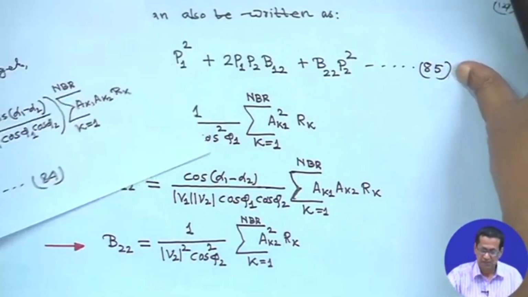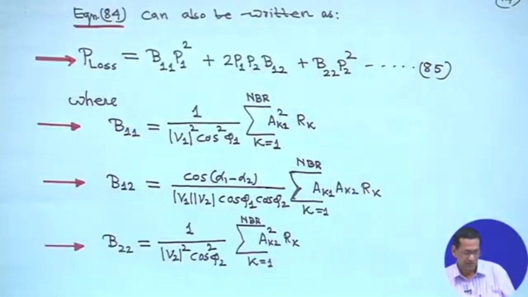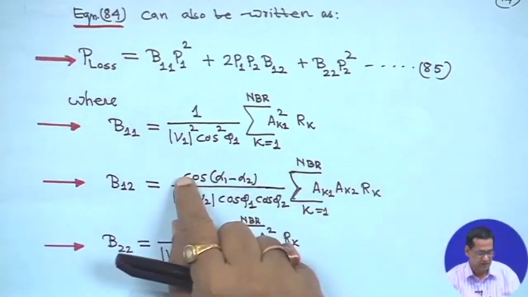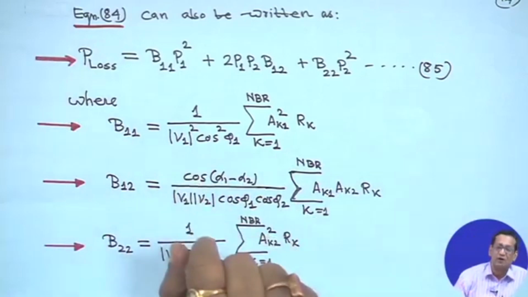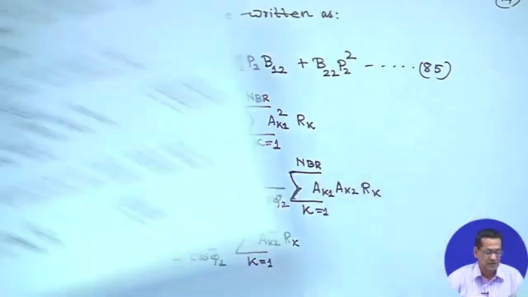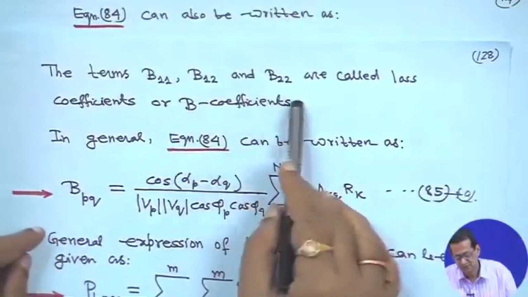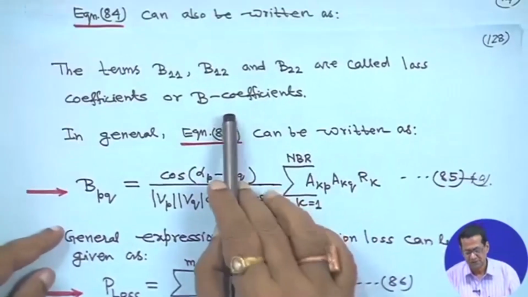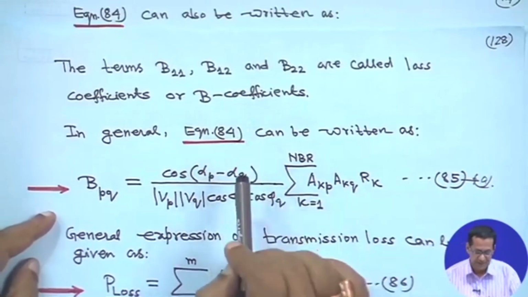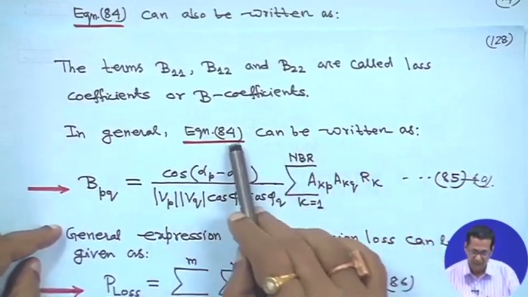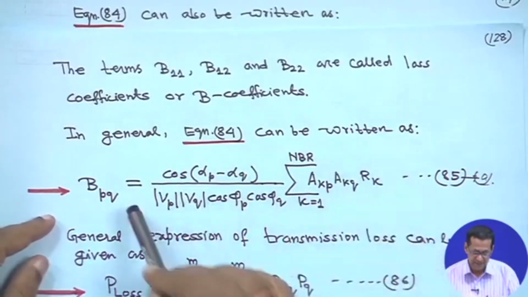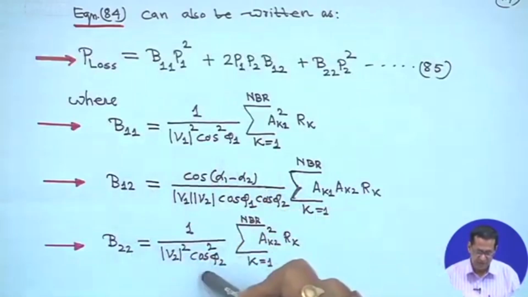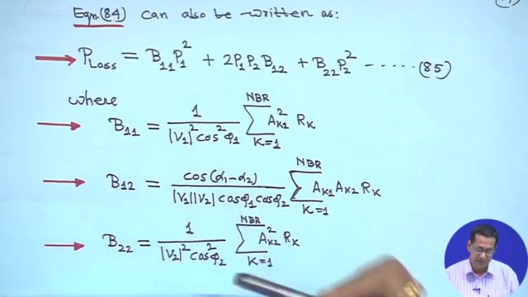So, once this is done, then this equation we can put in general form, instead of 1 and 2. The terms B11, B12 and B22 are called loss coefficients or B coefficients, right. Loss coefficient will be better, or B coefficient. In general, equation 84 can be written as BPQ. Instead of your B11, B12, B22, if you assume P and Q,